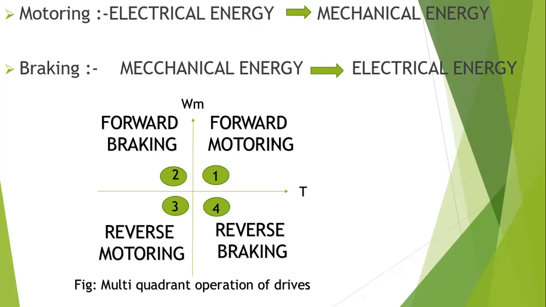Okay. So actually power, what is the power formula? P is equal to speed into torque, right? Remember that power is speed into torque. Okay, so the upper half is positive and the lower half is negative. So if speed is negative, it is reverse. If speed is positive, it is forward. So this one is forward, and this one is reverse. And these two are motoring, and these two are braking.